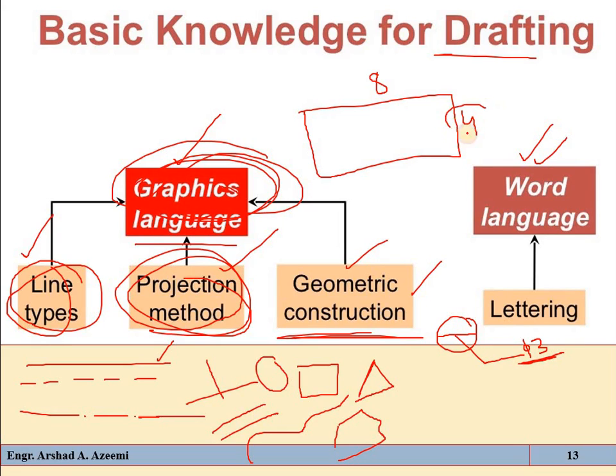This is the word language of the engineering drawing. For the word language, we have different rules for lettering and dimensioning, which tell how you will dimension a specific object, a specific drawing. So the knowledge of the graphic language and the word language is important